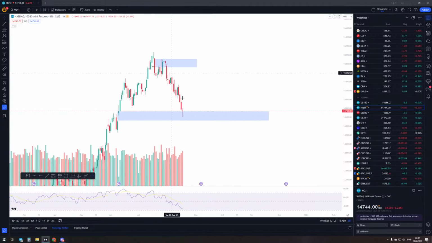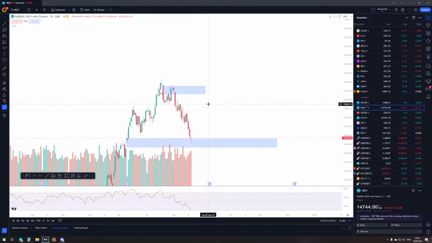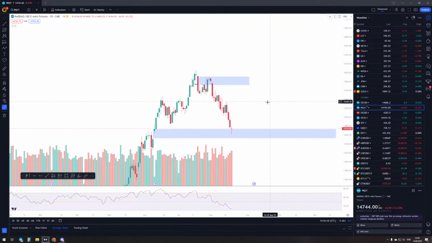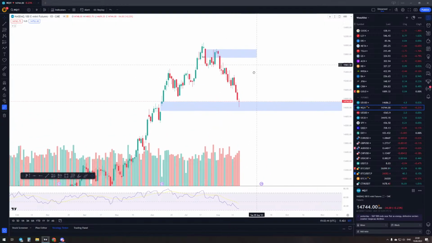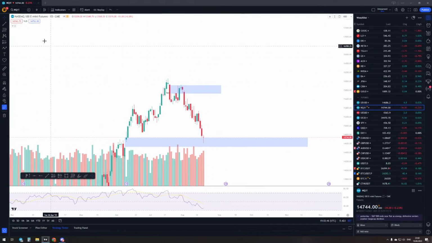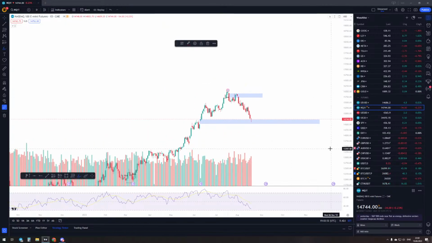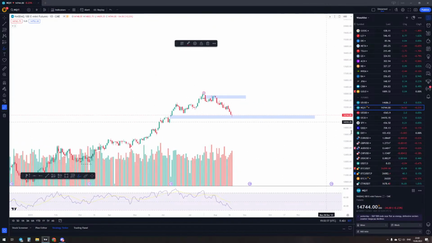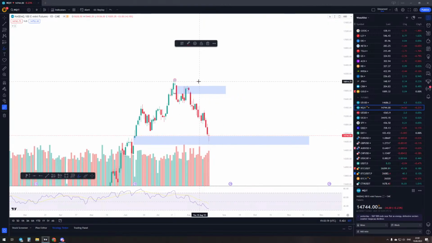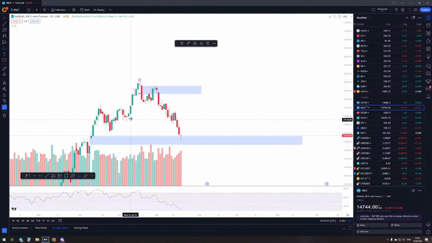We still have a downtrend. How do you know this is a downtrend? You have to understand structure. How to find structure? It's quite simple. You see this one is high. I mean, we're talking about this specific part of the chart. This is high. Let's find